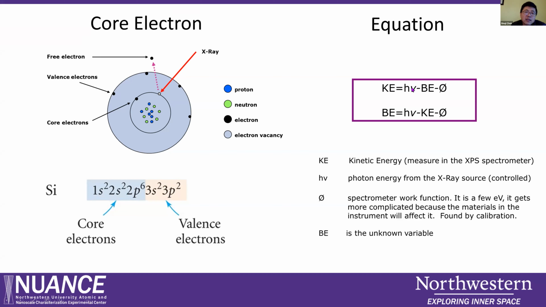The X-ray energy we already know. For example, we use aluminum K alpha, 1486 eV, which we already know. There is also the spectrometer work function, and we also know that. Based on this, we can get the binding energy. From the binding energy peak, we can identify which element it comes from. So the binding energy is basically calculated; we directly measure the kinetic energy. Based on this spectrum,